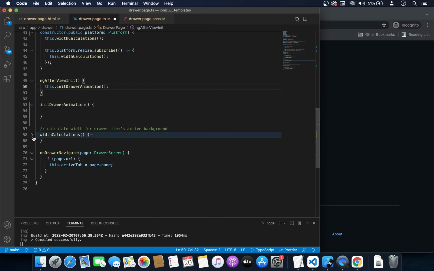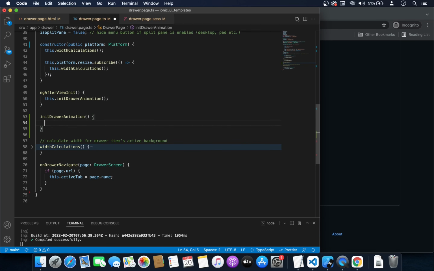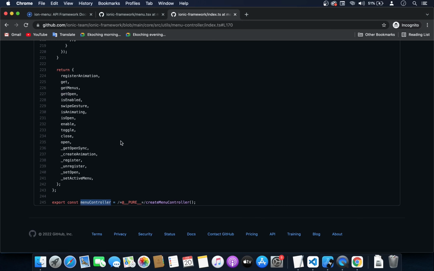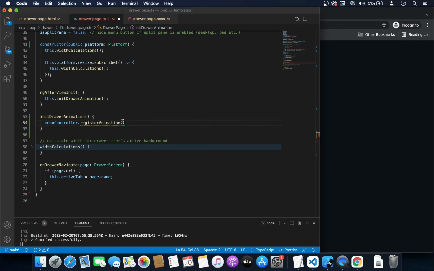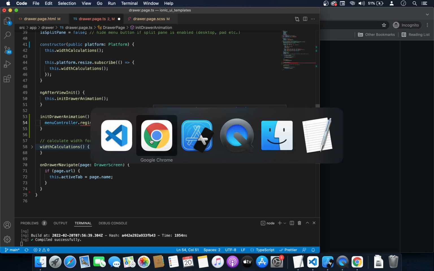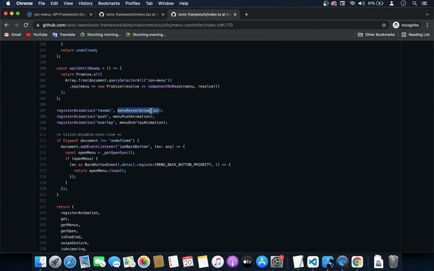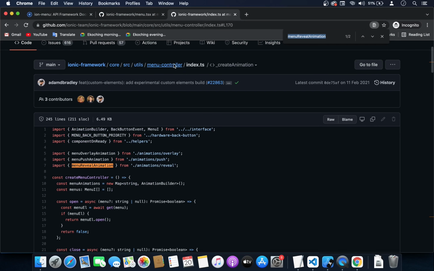Let's minimize this function for right now, and inside this function we're going to call our menu controller, and from there we can access the register animation. So this register animation basically takes two params. The first one would be the drawer type, so we're going to name it myReveal because it's basically the same reveal drawer but with our animation. And the second param is passing some predefined animation as a function. So let's look at what it is